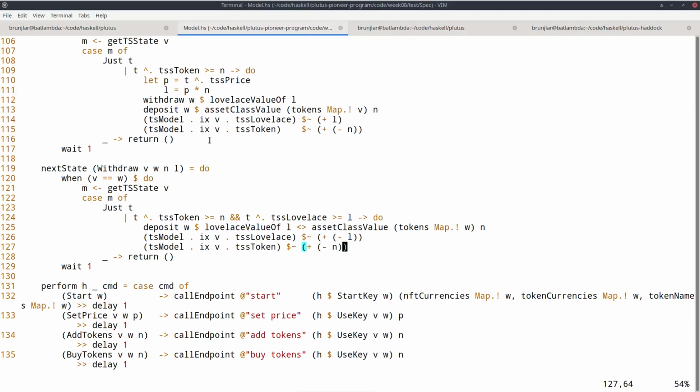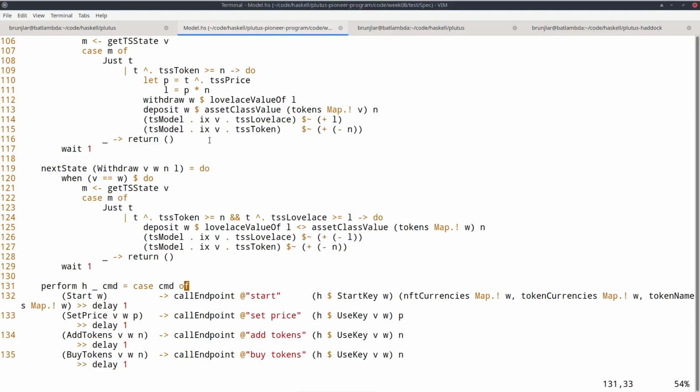So this is, as I said, the most complex one, to set up this model, to describe the effect the actions should have on the model. So right now the model is just some conceptual model that has nothing to do with the actual contracts we wrote earlier. I mean, the names, of course, are suggestive. I gave them the same names as were used in the Redeemer, but there is no link whatsoever until now between this model here and the actual contracts and the actual endpoints we wrote.